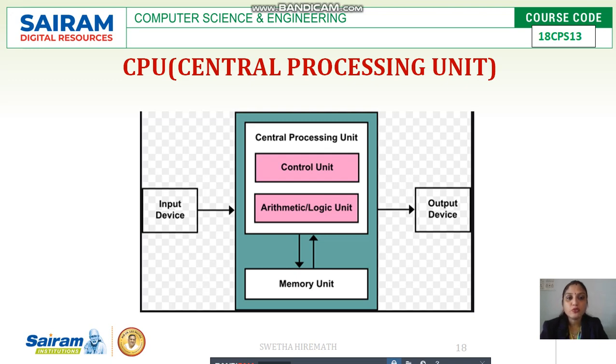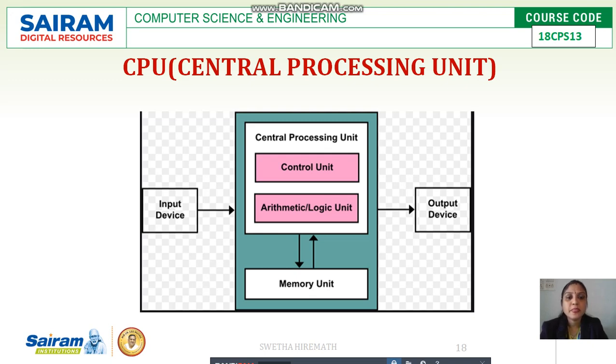Input and output devices act as the input unit and output unit. Whatever data has to be input to the computer system will be done with the help of input devices like mouse and keyboard. Once the data is input, it will be transferred to the central processing unit. And in the central processing unit, first the data has to be stored. Data or machine instructions, whatever there is, has to be stored in the memory unit for further usage